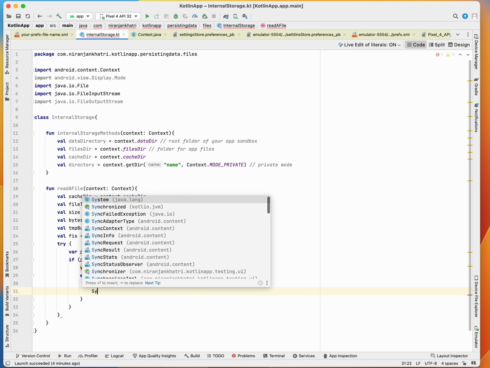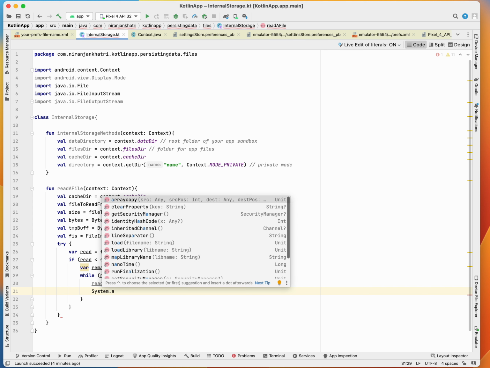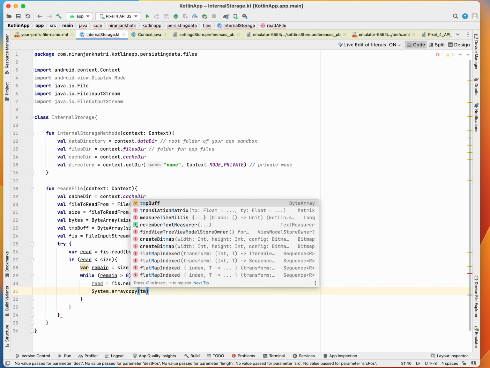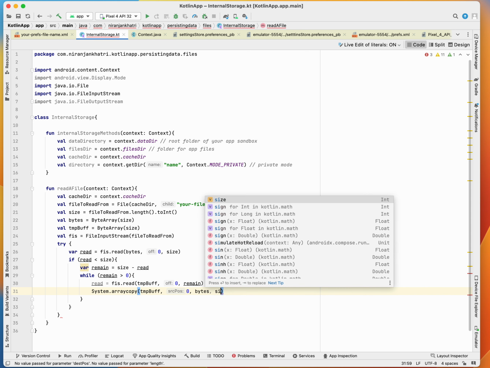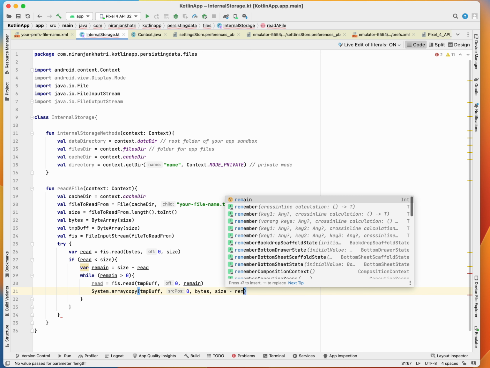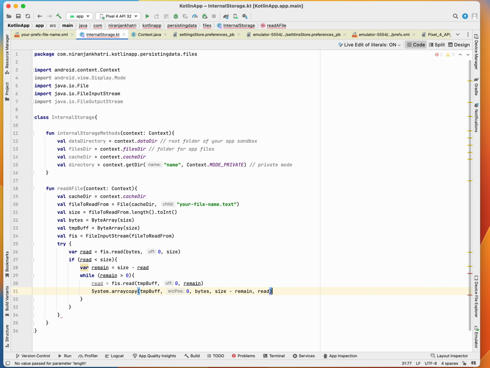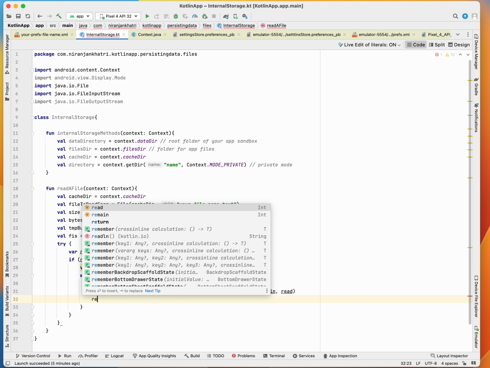Otherwise the system array copy buffer by its size is minus remaining read. Yeah, this is how we read, but here we are not only reading, we are just